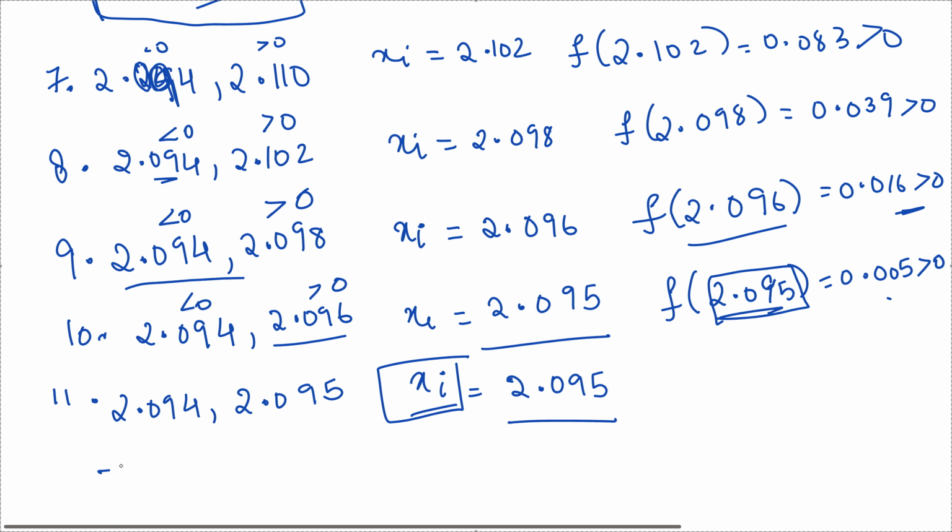So the root of x cube minus 2x minus 5 is 2.095. Okay, so this is how we solve